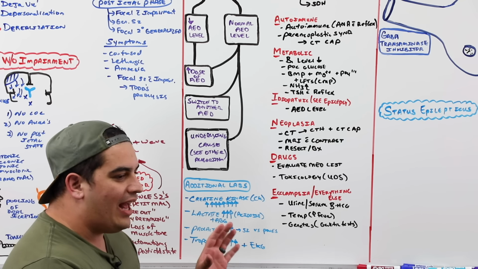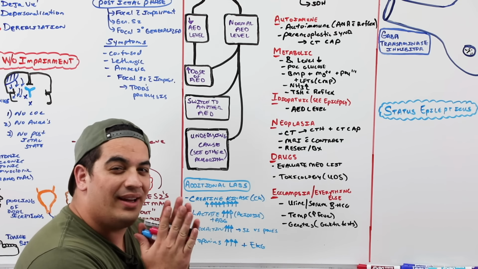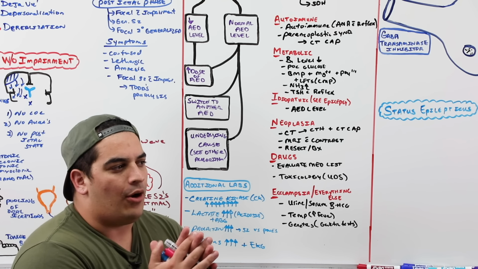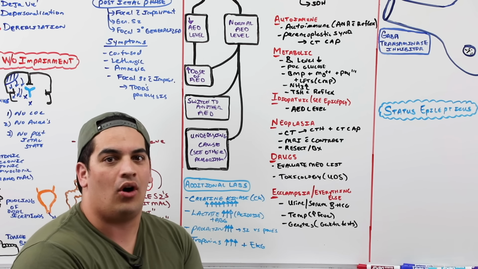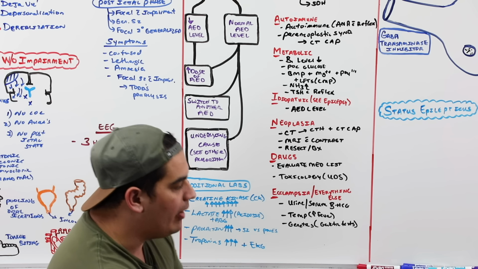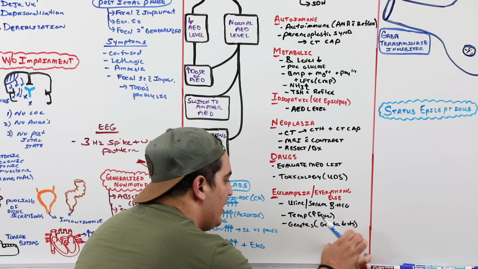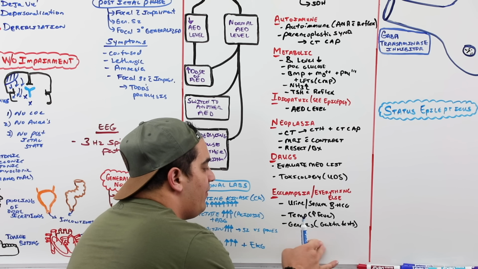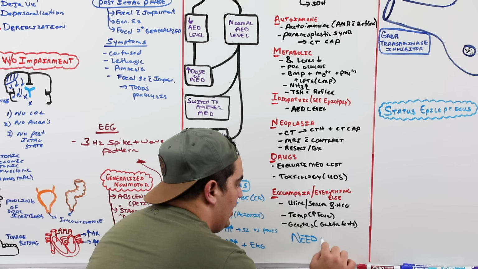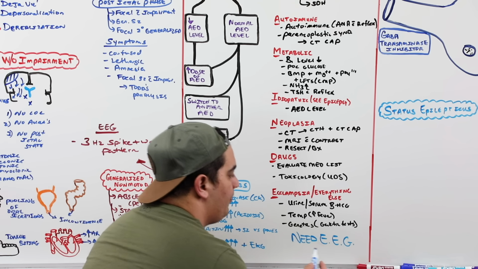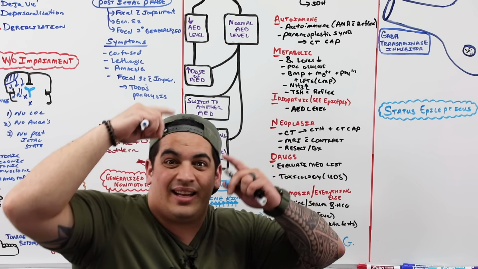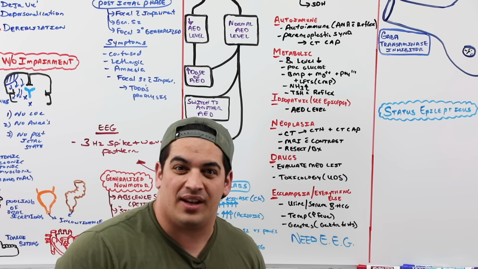So we talked about the additional labs, but there's one more thing that we need to add on that definitely aids in the diagnosis of seizures. Now, just because it's not present on this type of test does not mean that the person doesn't have seizures. We just might not have picked up on it. But another test that definitely needs to be done to evaluate if there are seizures present is an EEG, an electroencephalogram, determining the electrical activity within different parts of the brain to see if there's any weird epileptic activity occurring there.